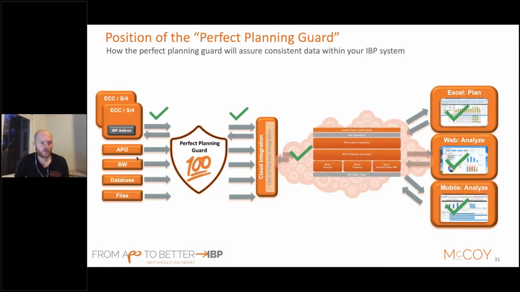And if you put the tool in between, the tool will guarantee that all the information flowing from the several source systems into your IBP system will be consistent and will be checked before it can be replicated. And this will help you to support that only validated combinations will flow into your IBP planning system. And via that way, you will only plan with validated data from the sources, meaning the outcome of your planning result will be based on valid and controlled source data. So this is an issue we try to solve.